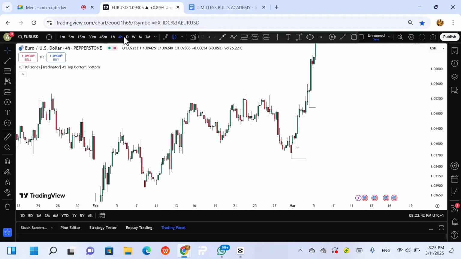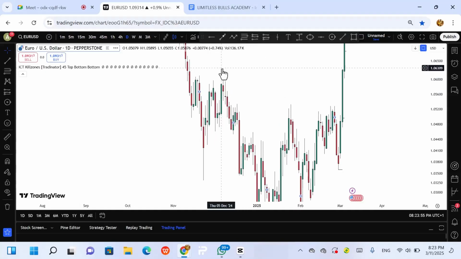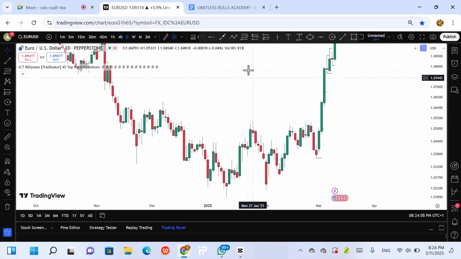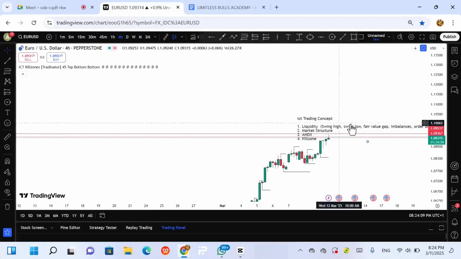time frames. So this 4 hours now, you can see the market structure. One day again, we are still going to see this. So this is a swing high. What happened? Market sold. Swing low now, market bought. Swing high, market sold. So that's why we say a swing high indicates a bearish bias. Swing low indicates a bullish bias. So let's put this as one of the concepts we'll be working with: swing highs and swing lows.